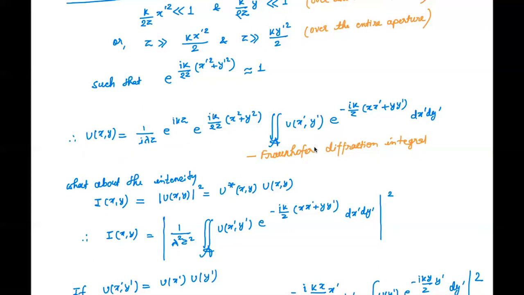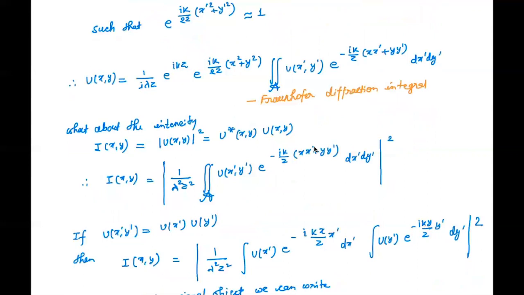This says what? That if I have a planar object with amplitude u x prime y prime, then the amplitude at a plane which is z distance away from this plane, this source, this object, this aperture, is u x y. And how is it given? It is given as an integral over this object. Okay, excellent. Now what we can actually measure in experiments, any questions up to this point?